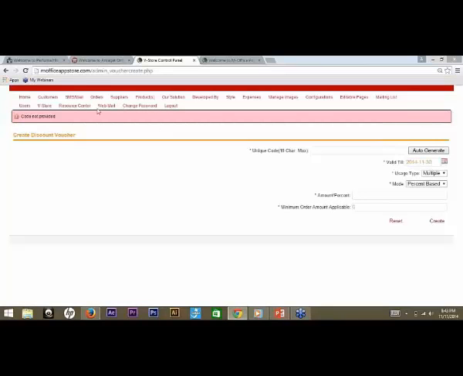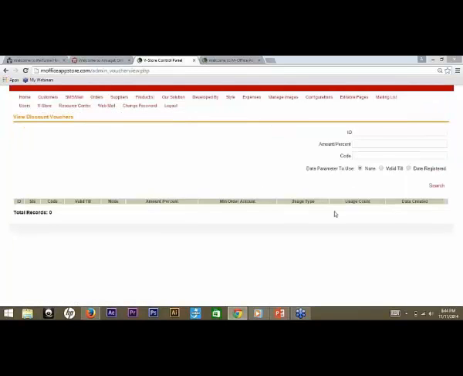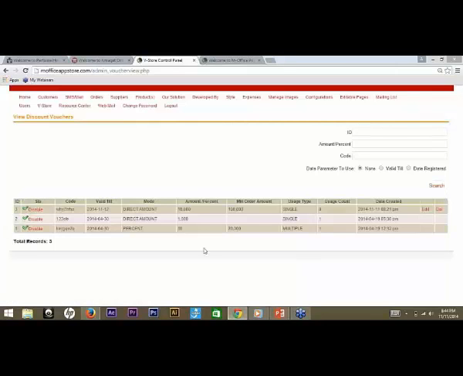Once you do that, we already have a couple of vouchers we've created. You just come here, search. You can see I'd already created one. I plan to just create one voucher during this session. And this is the voucher, this is the code. This is the code. And I can choose to